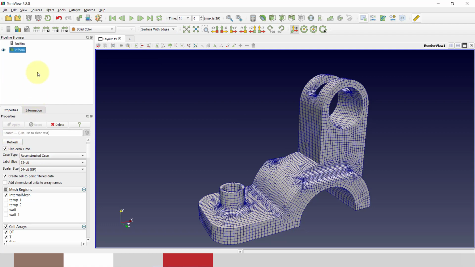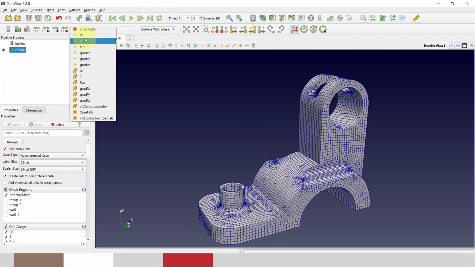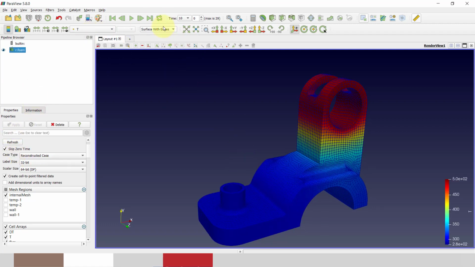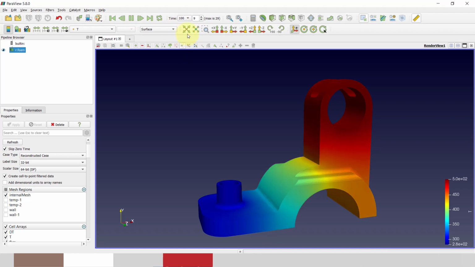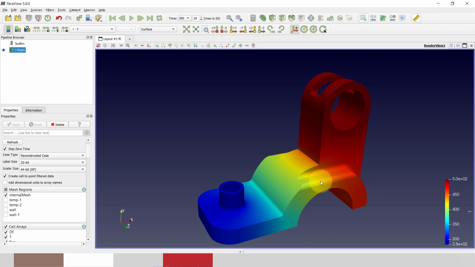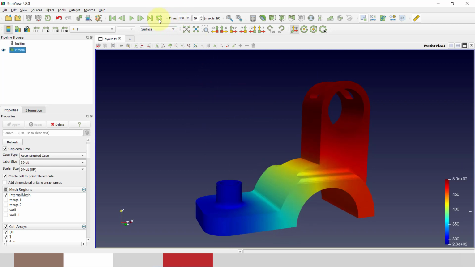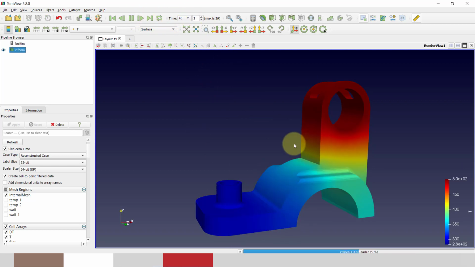Now we will see our result. So we will see our temperature graph on the surface. At 10 seconds our temperature is up to this point, and if you want to play the result step by step to see how the temperature increases, you can see that. Here you can see that after 180 seconds it reaches steady state. I only ran to 300 seconds to see what the steady state iteration is.